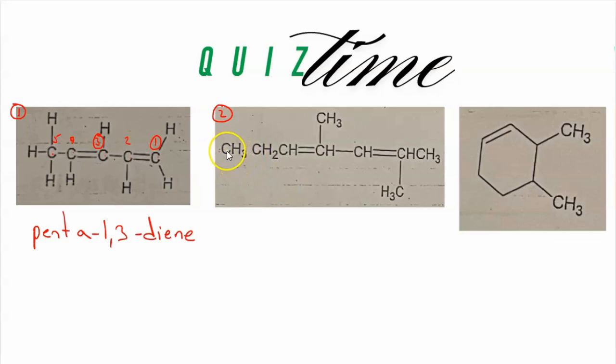So in this case, we have 1, 2, 3, 4, 5, 6, 7. So this is a heptene chain, and we are going to start counting from over here, because the double bond appears at 2 here. So 1, 2, 3, 4, 5, 6, and 7. So we have double bonds at 2 and 4. And we also have methyl groups at 2 and 4. So we're going to call this 2,4-dimethyl